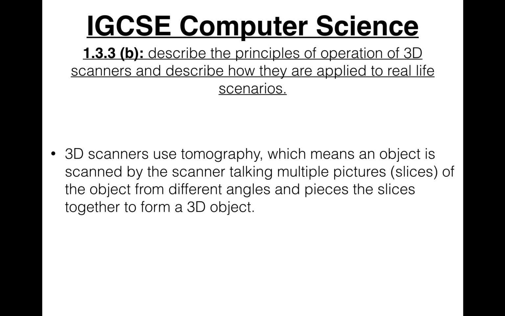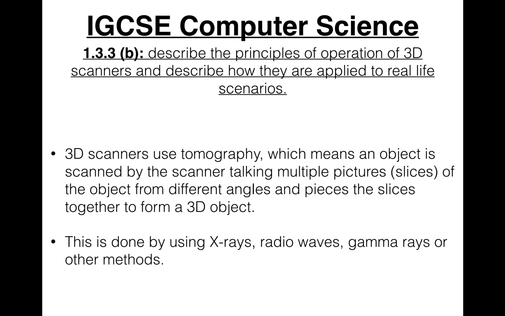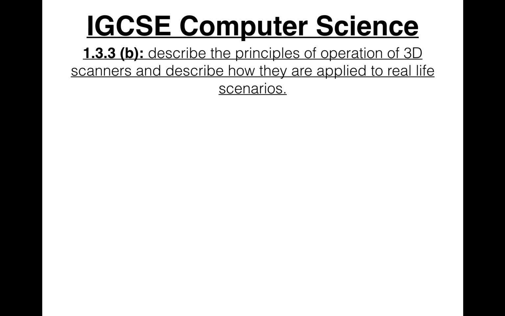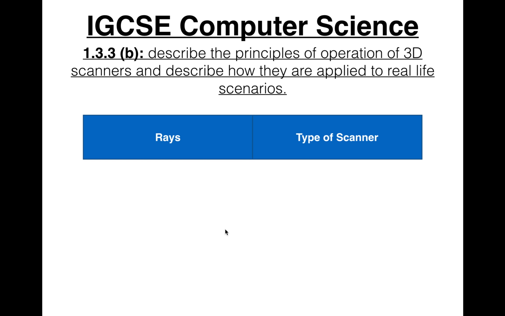3D scanners use tomography, which means an object is scanned by the scanner taking multiple pictures, which are slices of the object from different angles, and pieces the slices together to form a 3D object. And this is done by using X-rays, radio waves, gamma rays, or other methods. So we'll look at 3 of these. So we'll look at the ray and the type of scanner. So like X-rays,